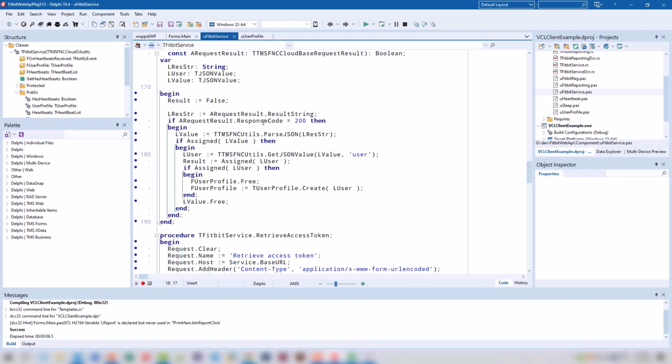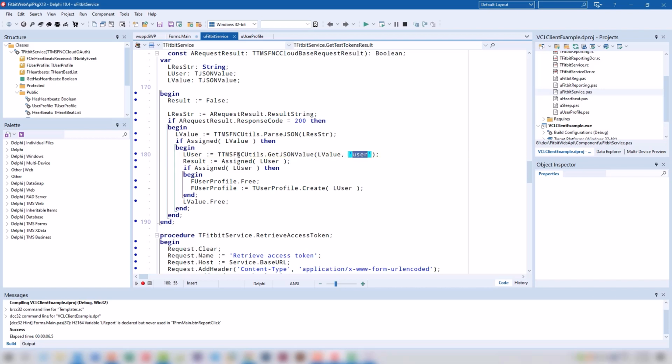In this case, it's as simple as looking at the response code, because if the response code is not 200, then the Fitbit Web API tells me my access token is expired. I think the response code is 401 if it's no longer valid. If it's 200, I can then go into the JSON and check a little bit deeper.